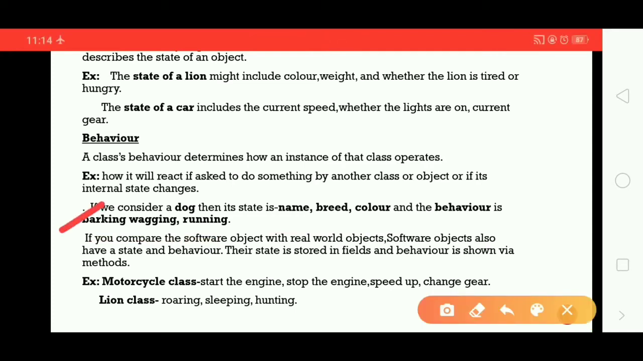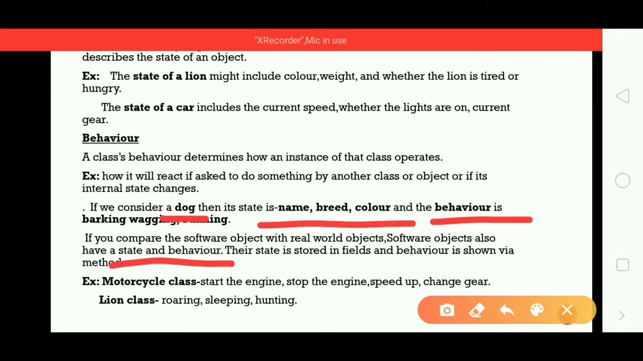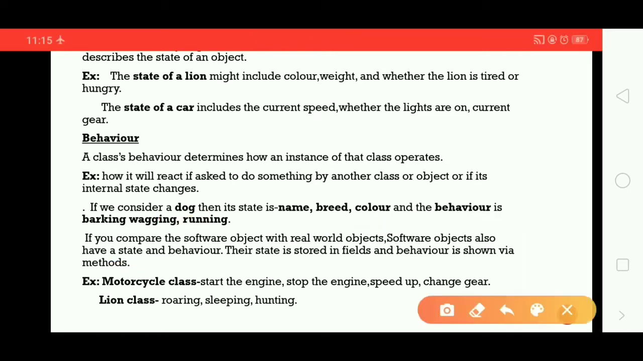If you compare the software object with real world objects, these all are real world objects. Now, if you compare the software objects with real world objects, software objects also have state and behavior. See guys, in our real world, for a dog we have the states: name, breed, color, and behavior: barking, wagging, and running. So if we compare with the software objects, our software objects are also having their state and behavior,